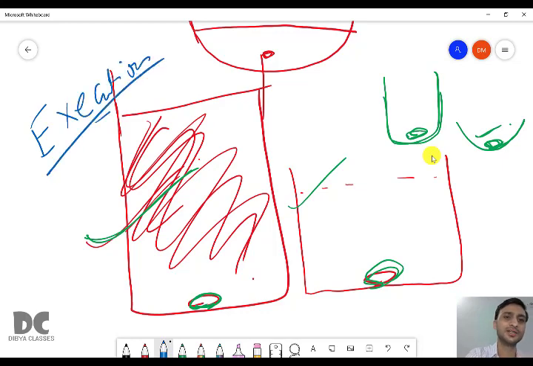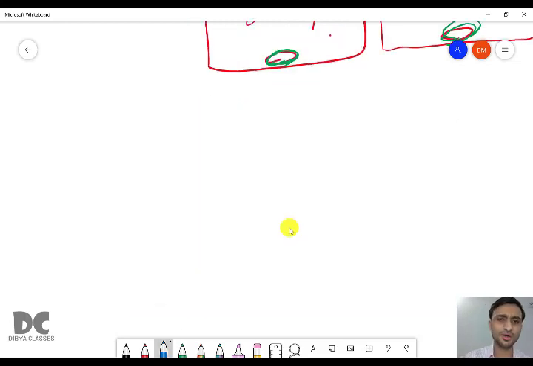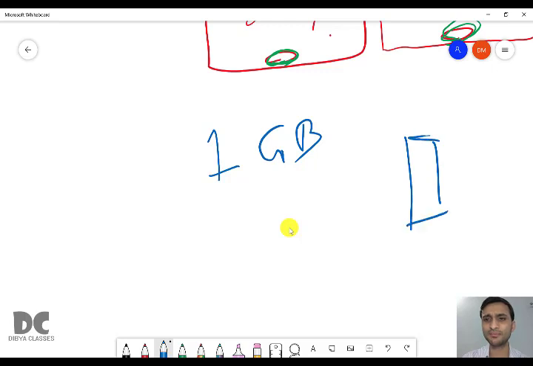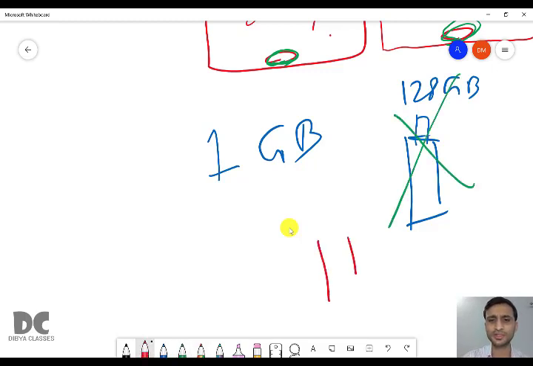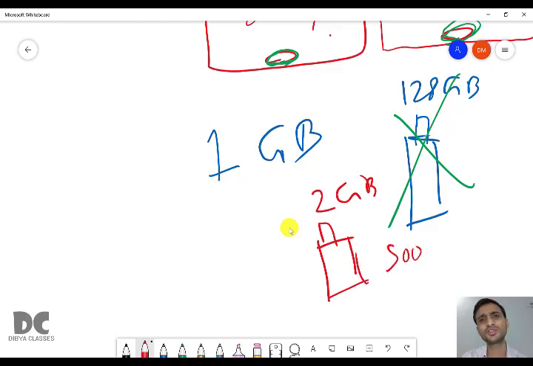If you take large variables to store small things, the execution time may increase, and also it will take up space. And remember, space is money also. If you take large space but you don't use it, for example, you want to store a file of 1 GB, right? To store this file in a pen drive, will you go and buy a 128 GB pen drive? It will cost some 6,000, 7,000 rupees. No, you are not going to buy this. You will buy the smallest available, for example, a 2 GB pen drive, because you will get this in 500 rupees. It is cheaper and your job is done.